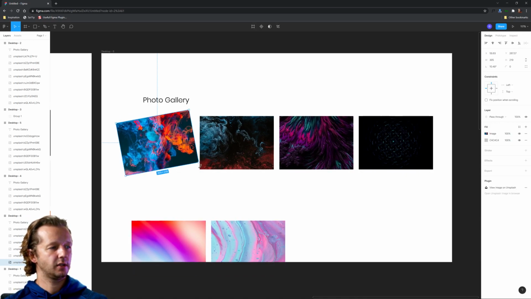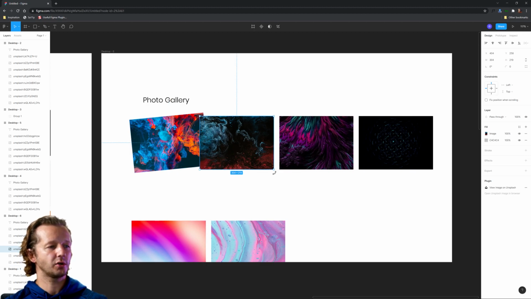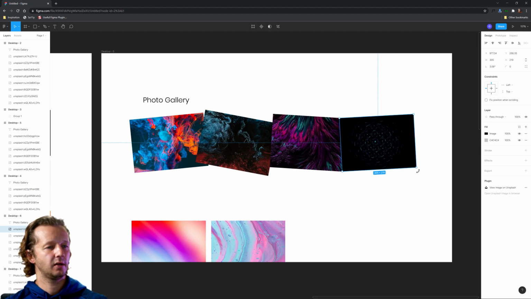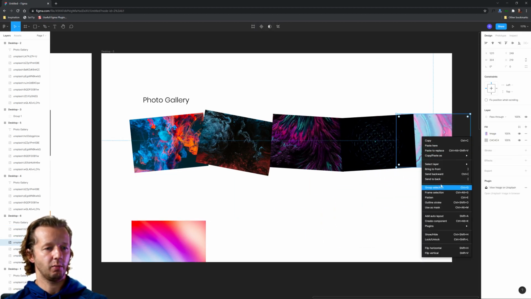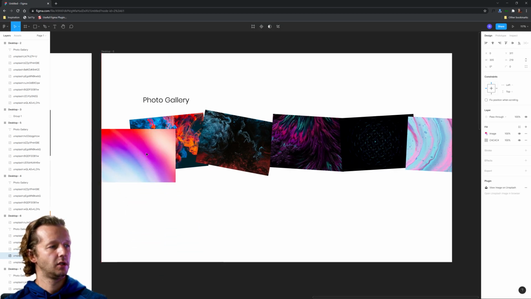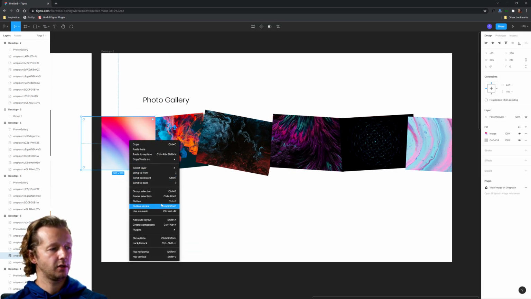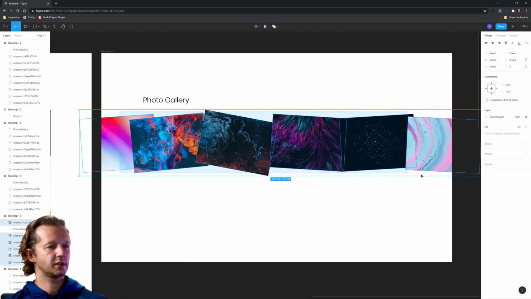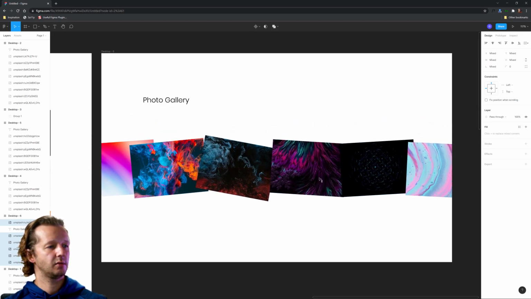And so I'll take this first one and I'm just going to rotate it slightly. So this is a more artsy approach. Maybe this one will be just straight, maybe just slightly off. Okay. This one will come back. And this is something we can bring to the front, depending on the context of the branding for this particular company, for whoever this layout and this gallery is for. So let me send this to back. And there we go. Let's move this, get these more centered, maybe a little bit lower here because